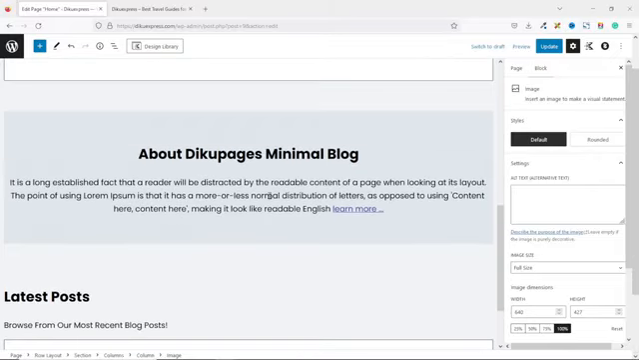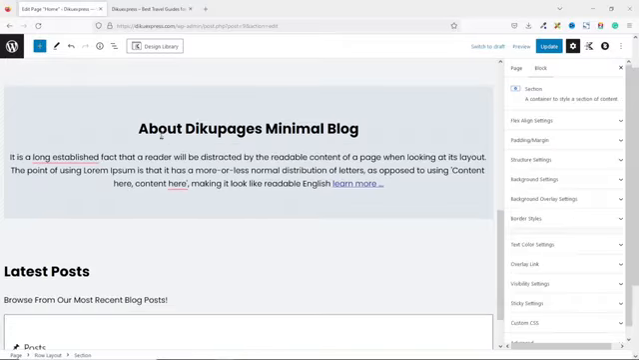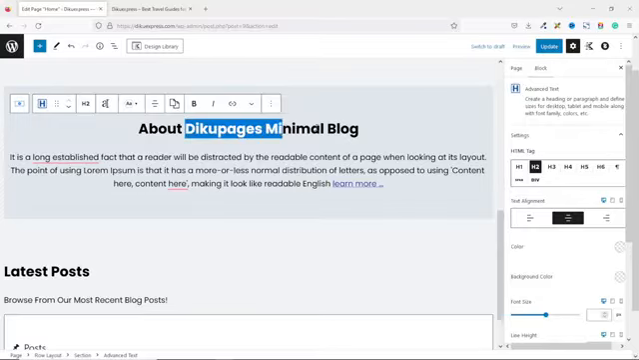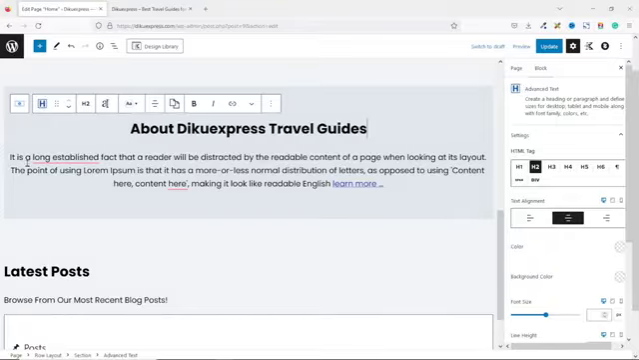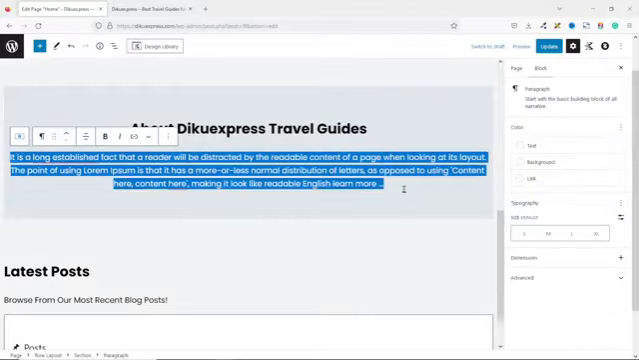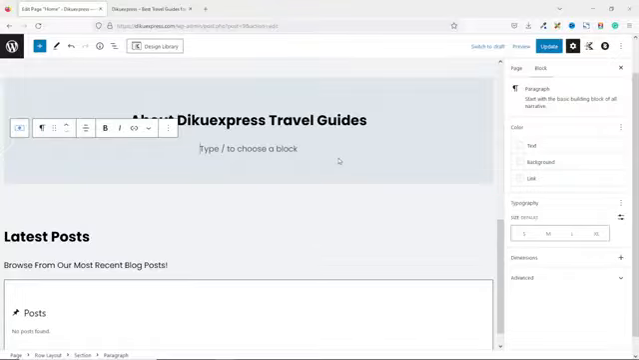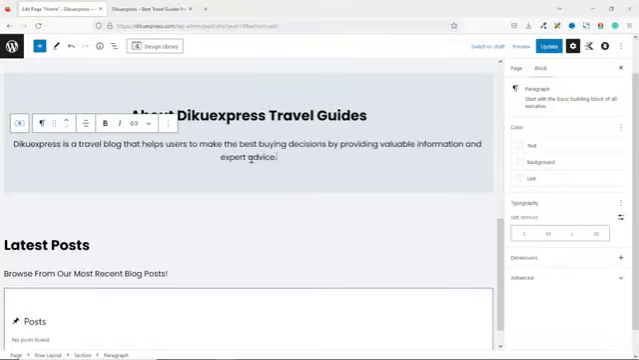Next thing we want to customize is this section right here. So instead of about Diku pages minimal blog, I'll take this out. Then I'll say Diku Express travel guys. Next, I go ahead and enter in the about information of my blog. So I'll just highlight everything, take it off. I'll just go ahead and paste my content in there, something short. We can also create a link and link it to the about page of our website. So I say learn more